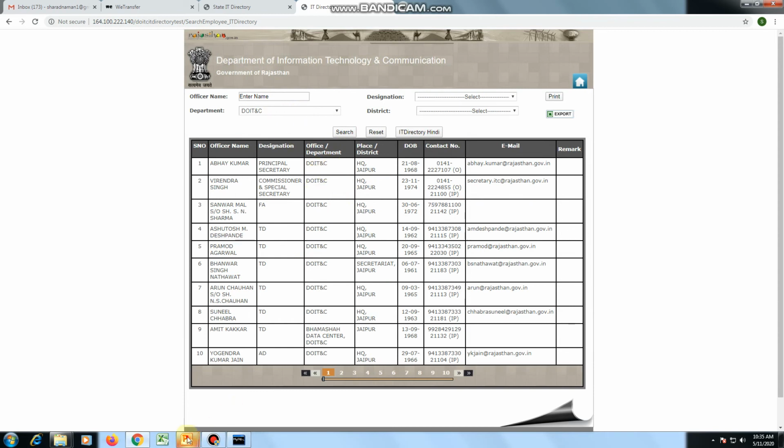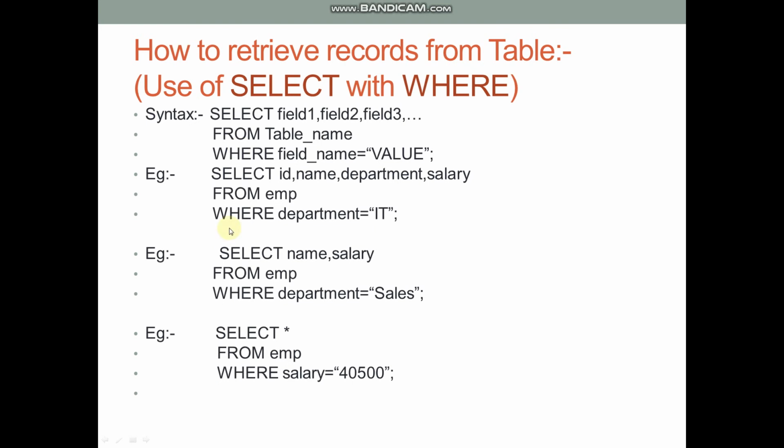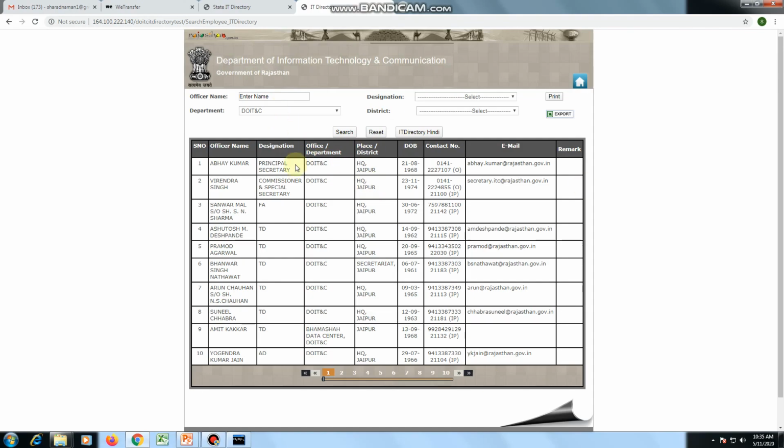If we compare this with our MySQL select command, the command is like this: select ID, name, department, salary from table name where department is equal to IT. Here I am selecting this department. A front end interface does not have any SQL components, because the end user is not aware of how select, where or other clauses and commands work.